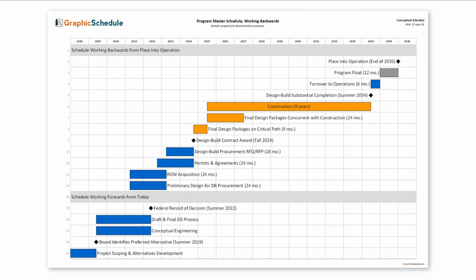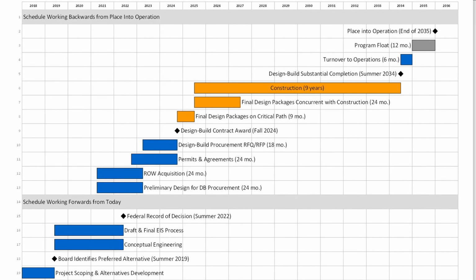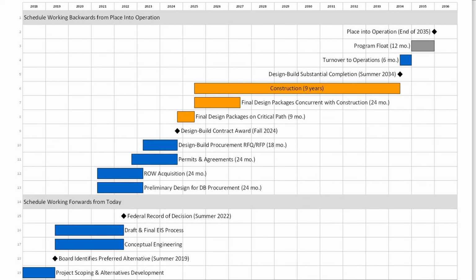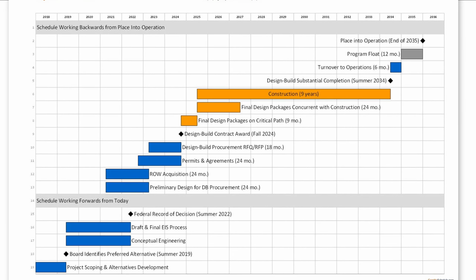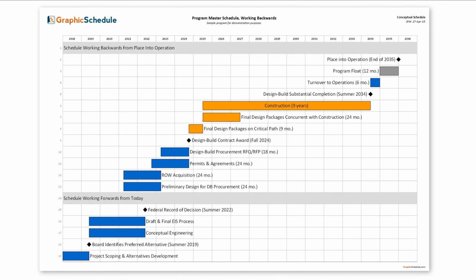This is just a conceptual schedule, but we can already see that half of this timeline is consumed by non-construction tasks. If there is a desire to open sooner, work with your team to optimize each of these durations or perform more tasks concurrently. We hope you find this working backwards process helpful, no matter what kind of project or